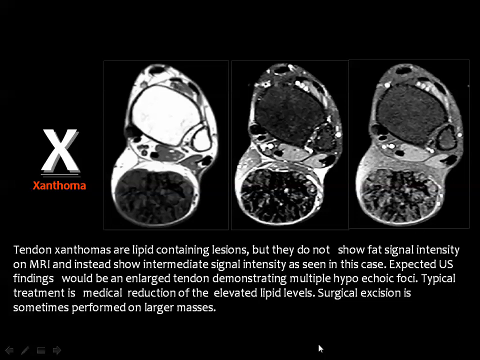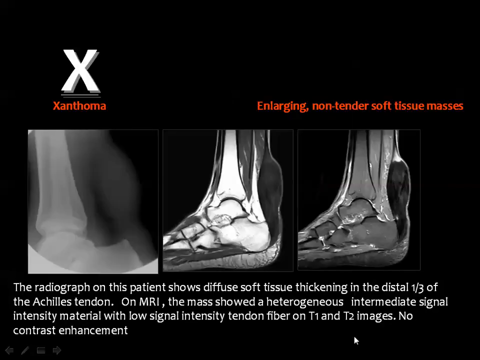These lesions do not usually show significant enhancement. And this is another example by plain X-ray. You see the shadow of the Achilles tendon is very big. The T1 and the T2 or STIR images show the Achilles tendon is severely enlarged, and this should not be diagnosed as tendinosis or tendon degeneration, because this is a huge lesion,